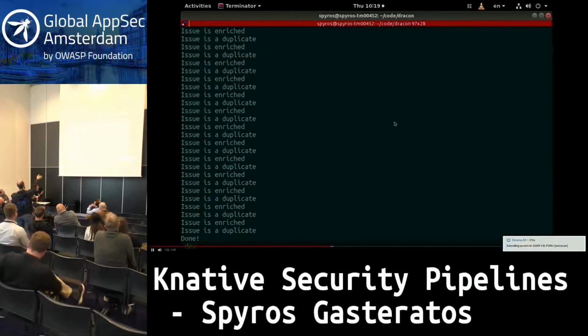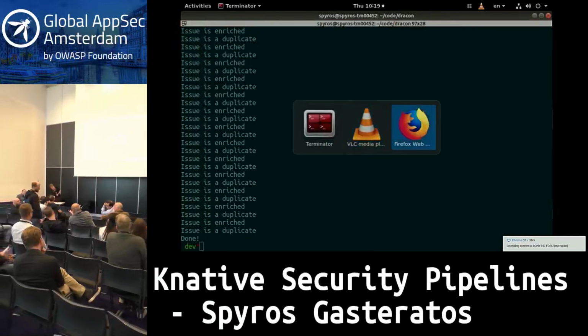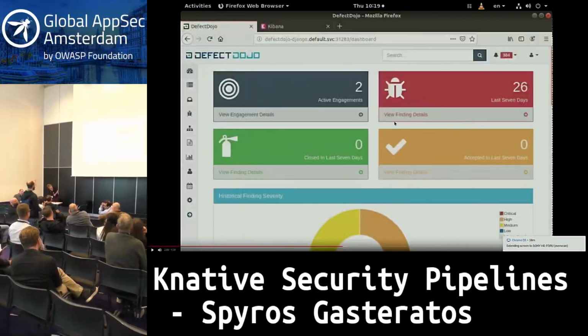And the second one, for good practice, I always try to add to the pipelines a metadata step. Pretty much the last step finds how many issues were found, how many of them were a duplicate, how many of them were enriched. So if the exact same pipeline runs like 4 different times with 4 different numbers of issues found, results enriched and results duplicate, I know I need to go back to the drawing board or figure out a way to fix it. Yes, we'll go to that in a second.